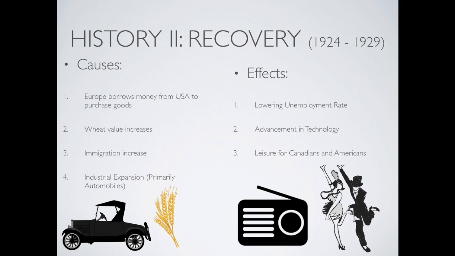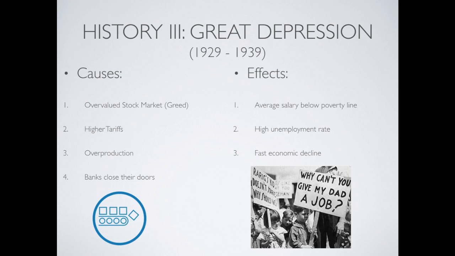The growth of the automobile, paper, mining, and electric industries guided the economic success. Also, the assembly line was invented to produce product in mass. This economic recovery lowered the unemployment rate, allowed technology to develop, and ultimately allowed the general public to have time for leisure activities. Like all good things do, the economic growth came to an end.